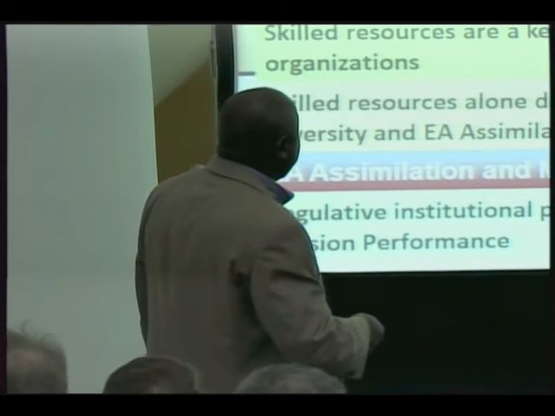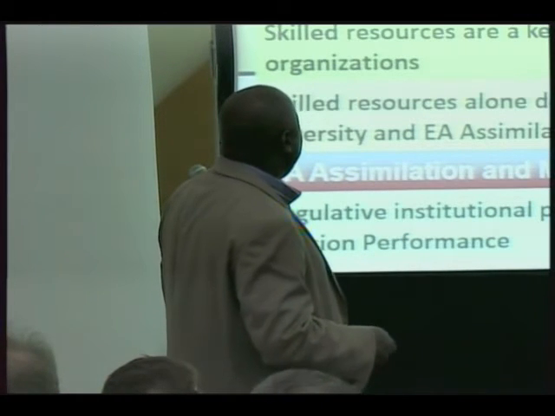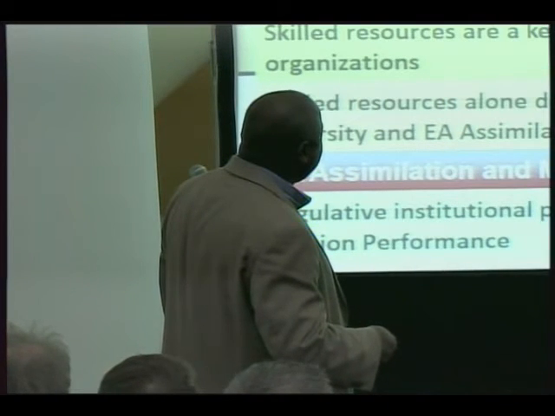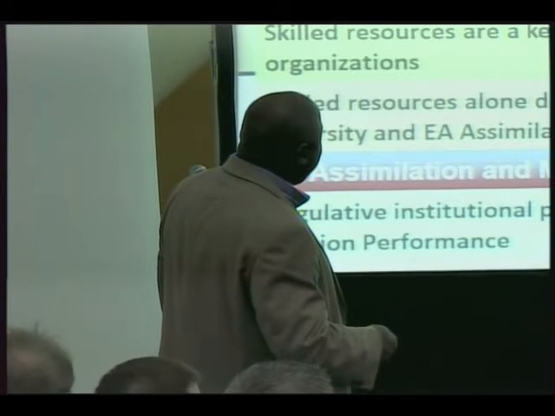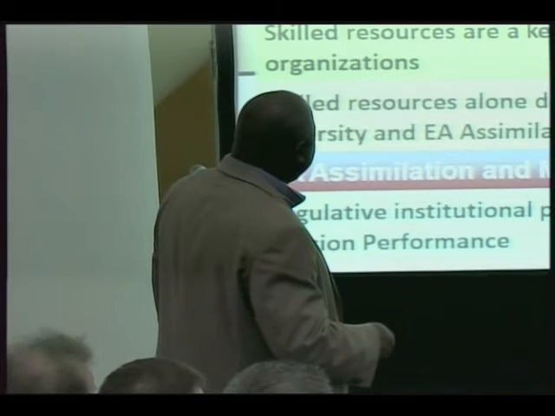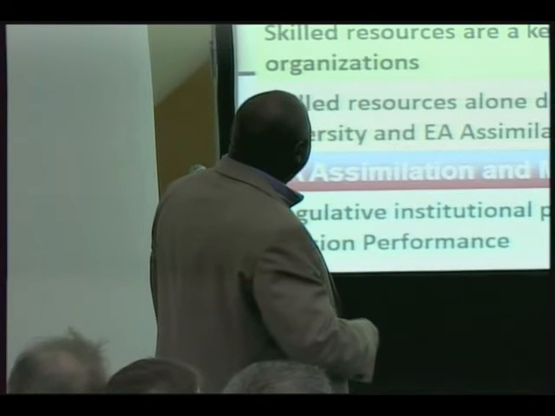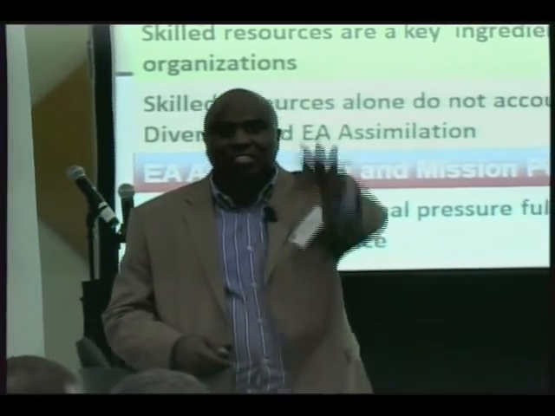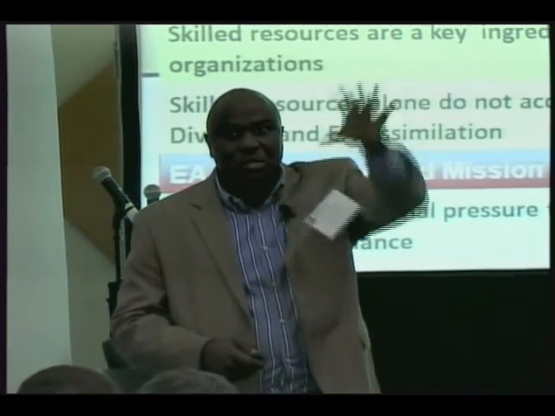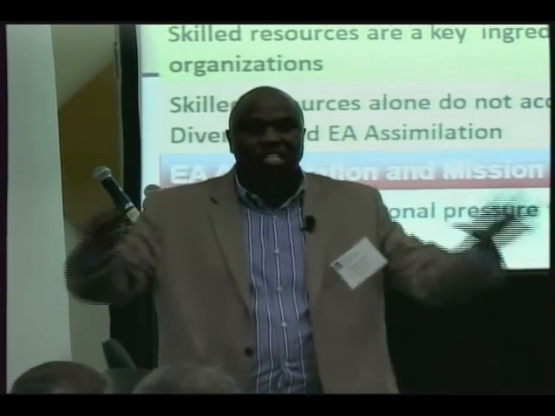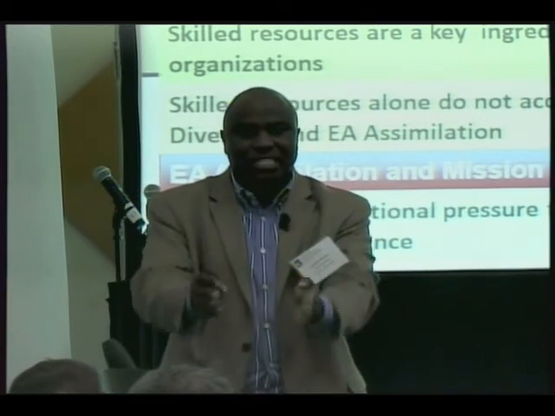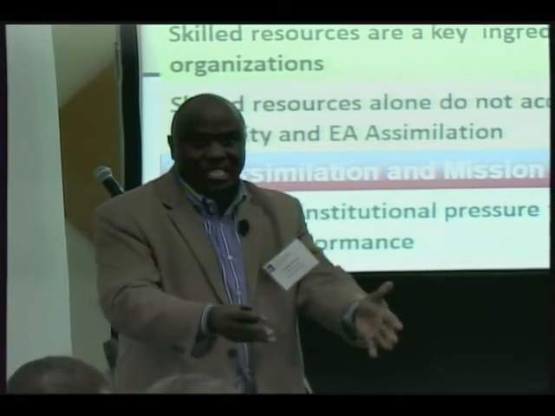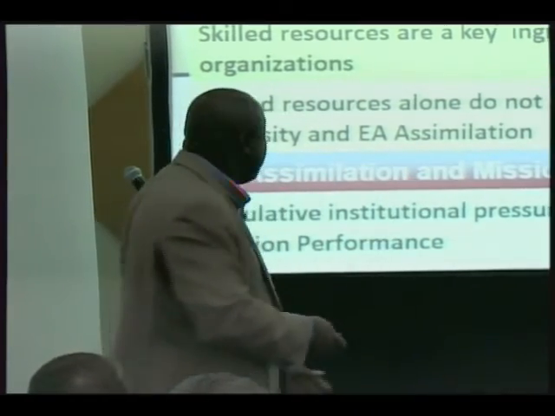Funding fully accounts for the relationship between diversity and assimilation. Now, this was interesting. Here we've seen mission diversity is different from functional diversity. But this is a layer lower than that. And yet, this relationship, if you give funding to the functional units, you're bound to get better results than trying to give it at the mission. Why? Because the mission has several functions. So the distribution might not be even. So you need to look at each and every function and see what's the appropriate level of funding they need. And you can get better results that way rather than just splashing at the mission level.